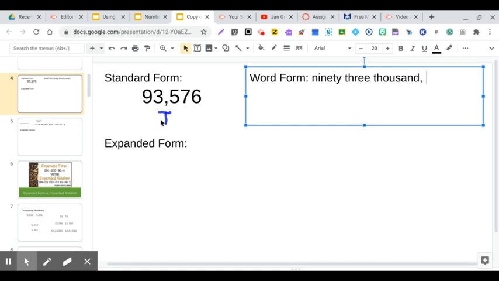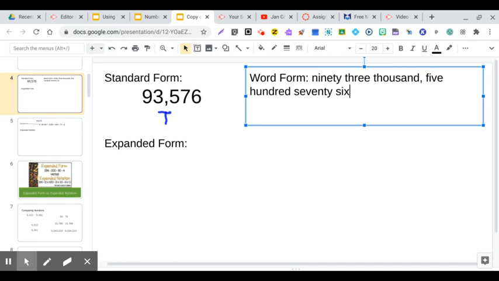Now we need to read what comes after our comma. So we don't care about this part. We don't care about the 93. We just pretend like it's not even there, and we just read what's here. So we have 576. What was that number? 576. The word form is exactly what we say when we read a number out loud to our friends or